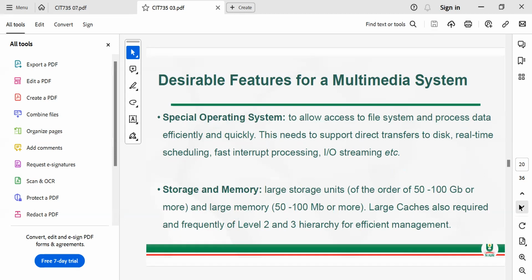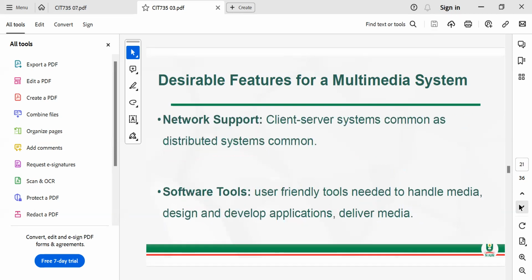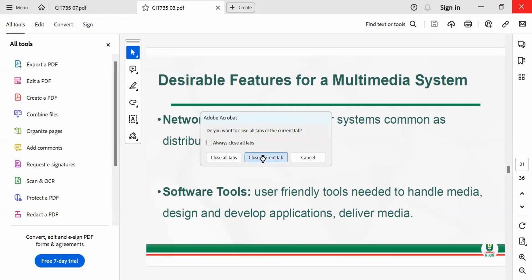That is for a multimedia system when you want to develop it, the features that are desired for it to work well. It's different from the characteristics of a multimedia system that is already operational. So when they ask you the question, desirable features is different from features. They are not the same, so I don't go and make the mistake of answering one for the other.